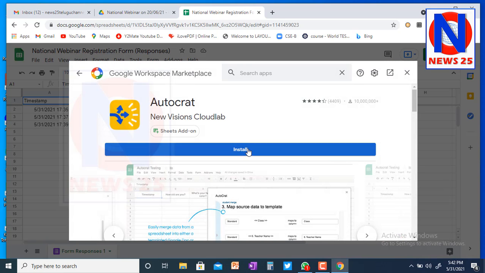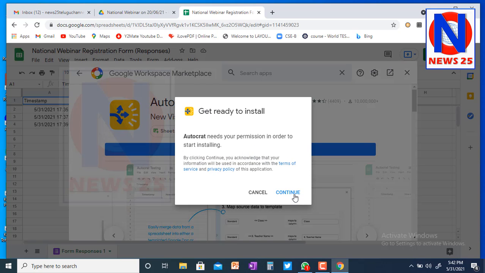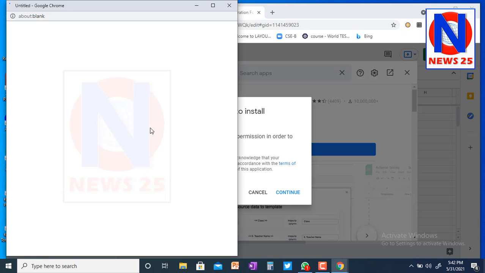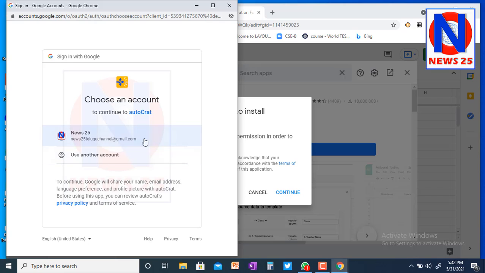Okay, so you have to install. Click on install and say continue. Click on continue and it will open a pop-up window, and there I have already mentioned this News 25 Telugu channel Gmail ID. So I am logging into the Google Autocrat account with the same account details.